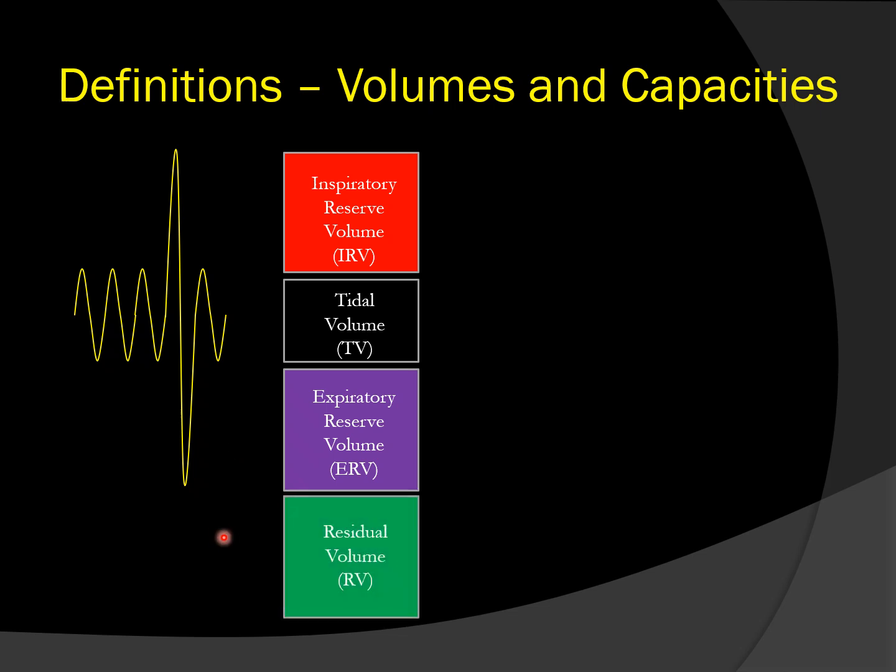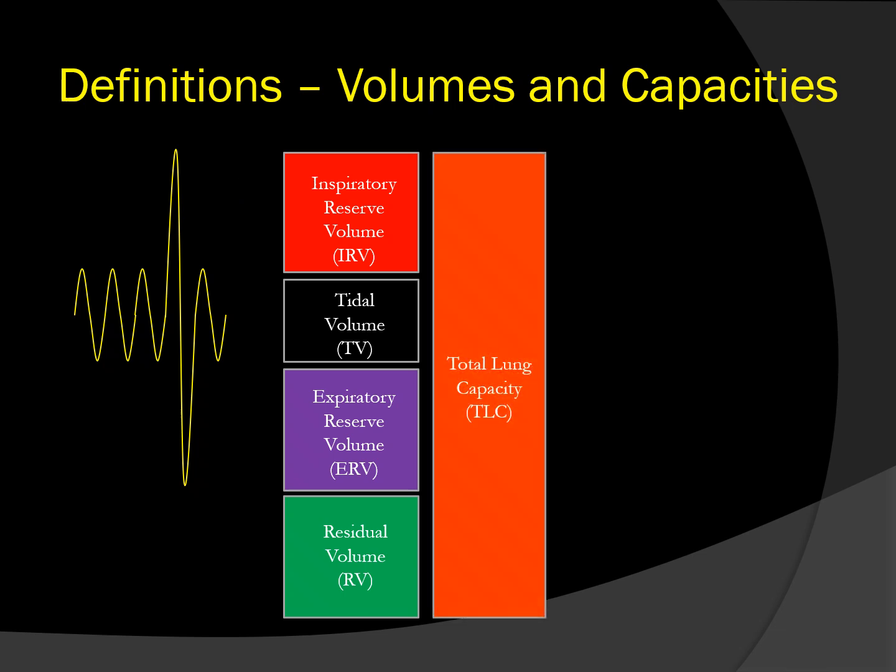Now there's one more volume, the residual volume, that we are unable to empty out. It's the volume left in our lungs at the end of a maximum expiration. So what we see is we have four independent volumes that are mutually exclusive of each other. Now a capacity is the sum of at least two compartment volumes. So in this case, the total lung capacity is the sum of the four volumes we just went over, but